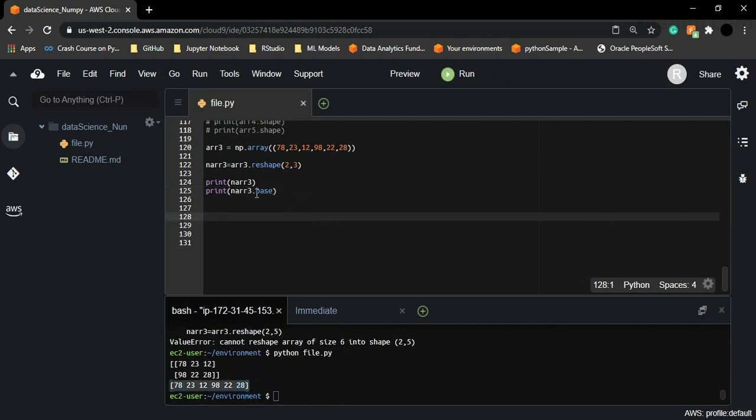That means this new array that we have created through the reshape method always returns the view, not the copy. So it returns the view, not the copy. Okay,